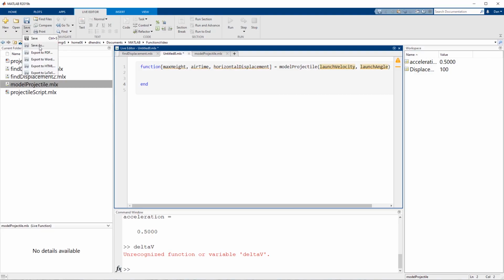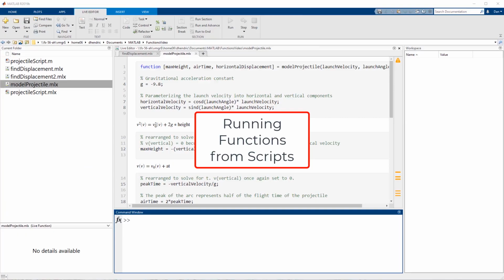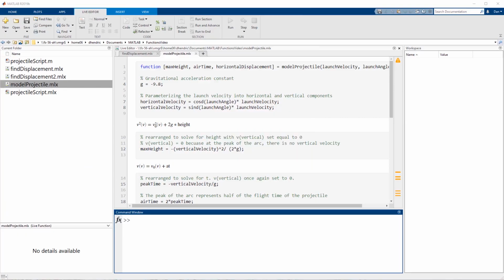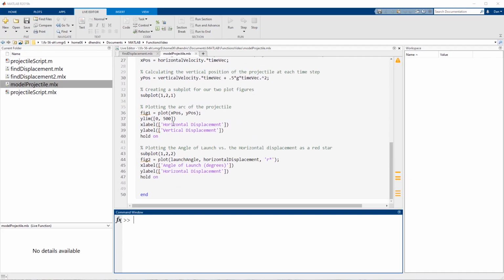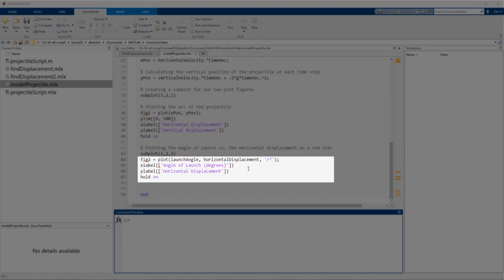We'll go ahead and save the file as modelprojectile.mlx. Off screen, I've filled in our projectile function using the equations of projectile motion. The code for the full function will be available in the description for this video. One part I'd like to point out is the call to subplot within the function. This will create a figure with multiple plots, one for horizontal versus vertical displacement, and one for launch angle versus